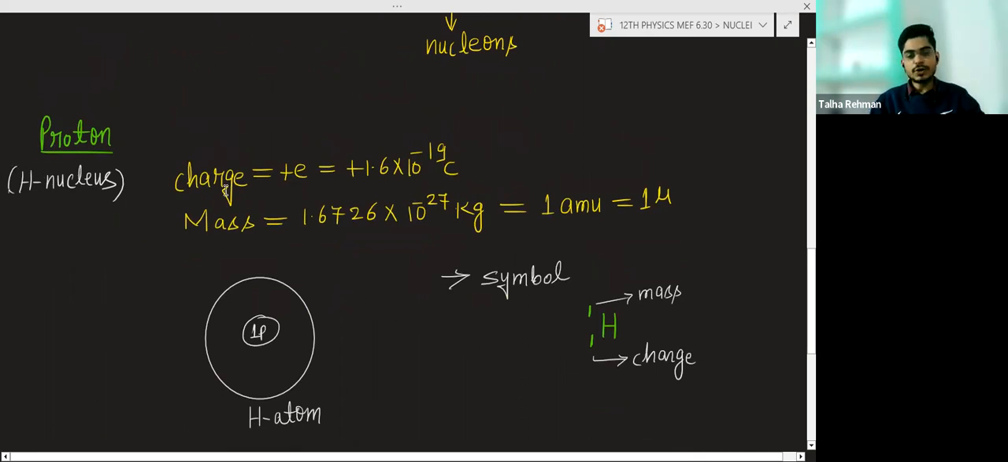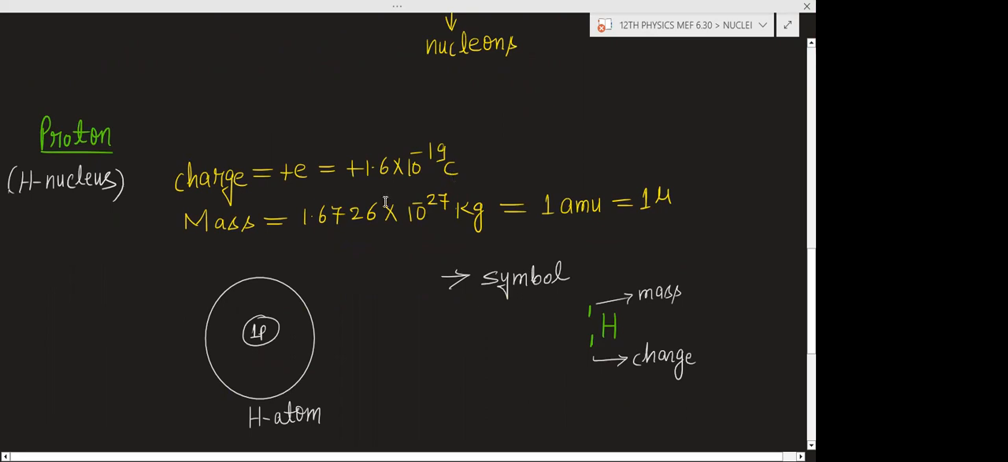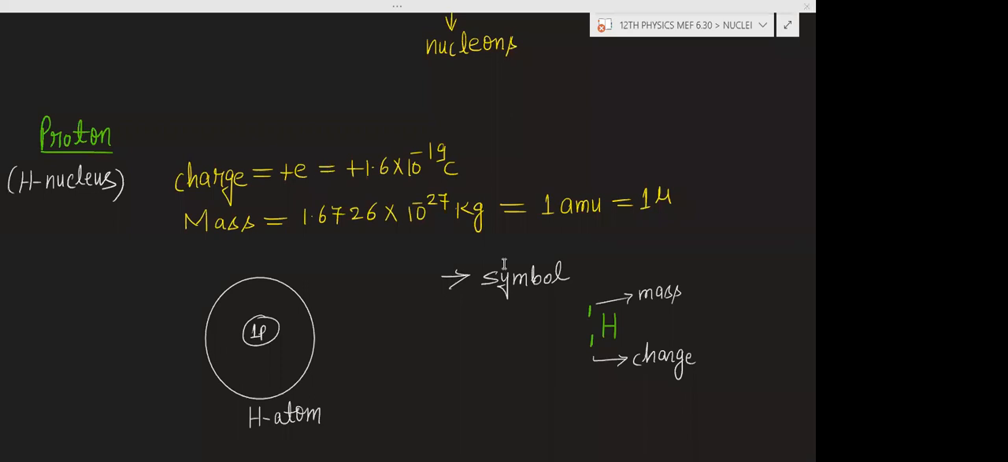So what is the charge on a proton? A proton is positively charged, we know. The charge on a proton is equal in magnitude to the charge on an electron, which is negatively charged. So the charge on the proton is 1.6 into 10 to the power minus 19 coulomb. Mass of the proton,